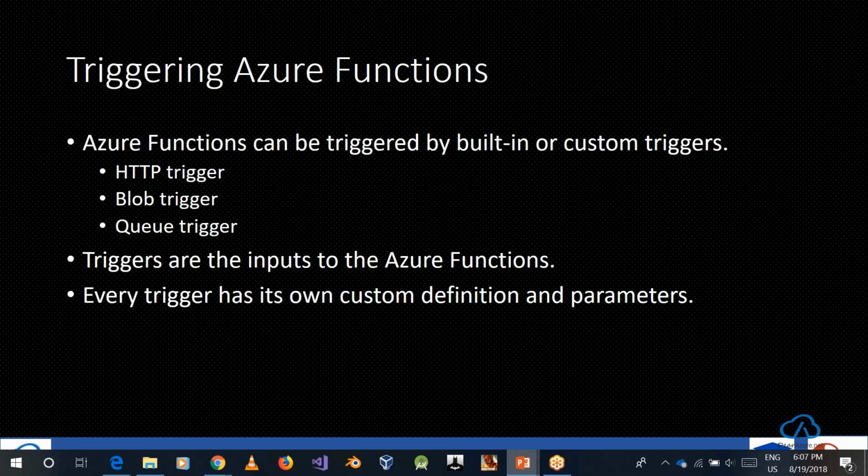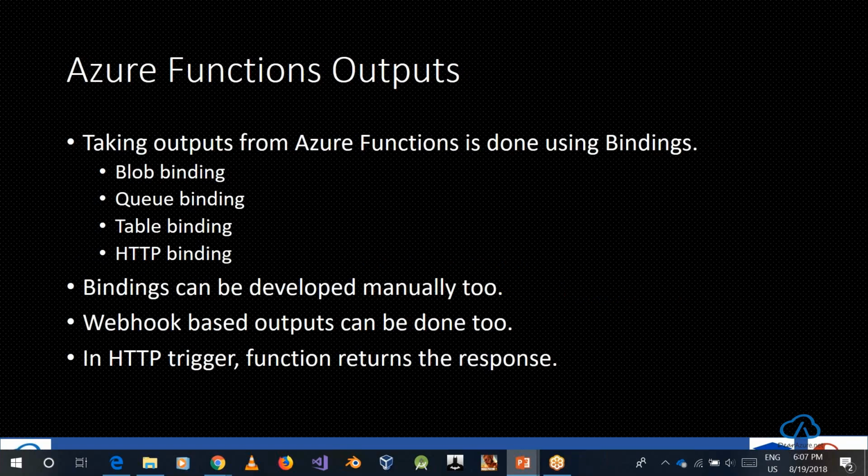So an IR function can be executed by a trigger. Actually, the list is really very long. You can have several triggers. You can even build your own custom triggers that will be triggering the IR functions, or you can use webhooks to trigger the IR functions. We won't be going that much deeper into this concept, but we will try to demonstrate one of the triggers in the portal.